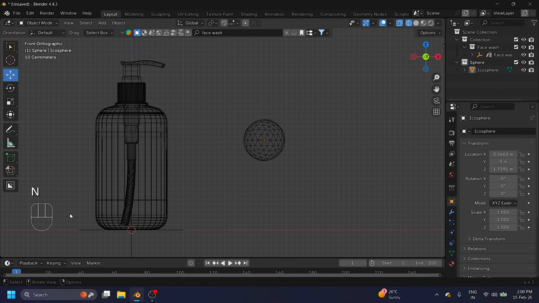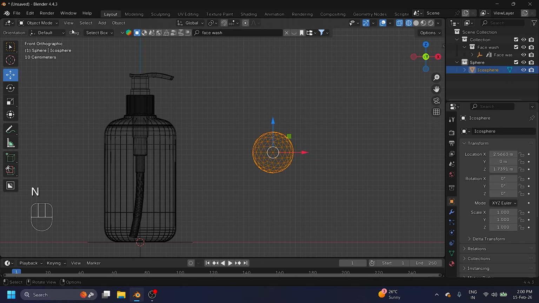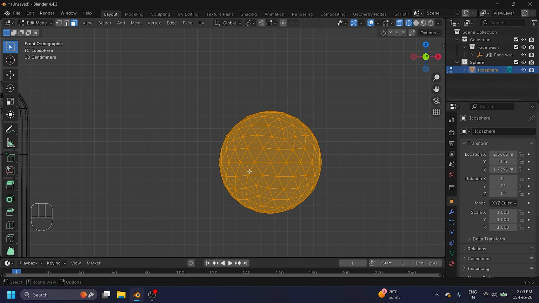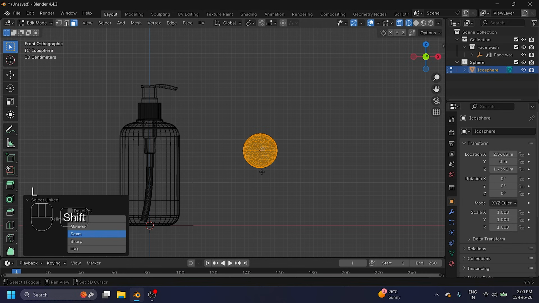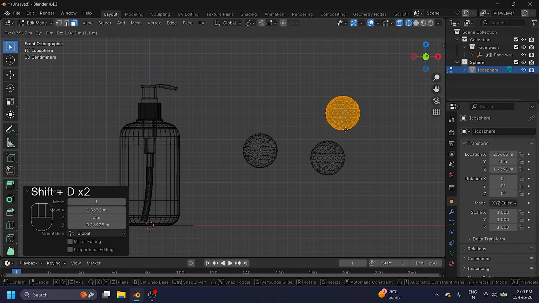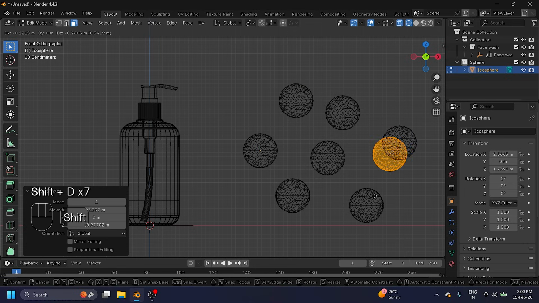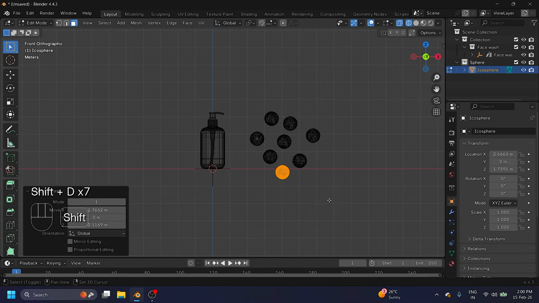This add-on is perfect for shortcuts. Go to here and select all. You can also select only one face and press L to select all linked, and Shift D. I'm creating duplicates. It's really simple.